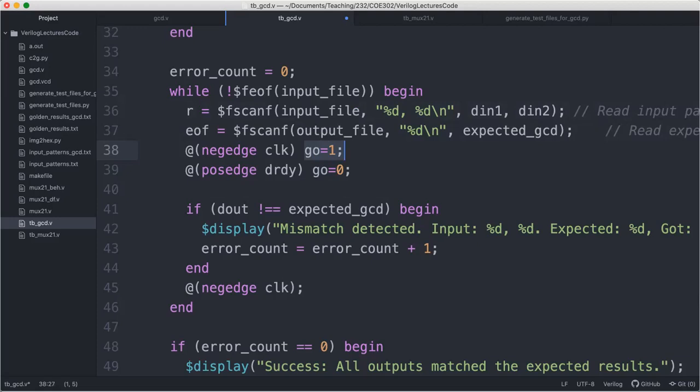And then the calculation of the GCD will actually start here exactly at the positive edge that follows this negative edge. Okay. And then it will actually conclude with the positive edge of D ready. Once D ready is asserted high, positive edge on D ready, we set go to 0 to go to state